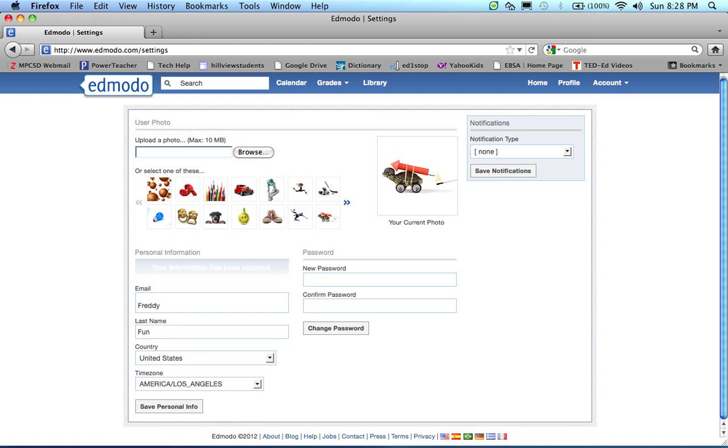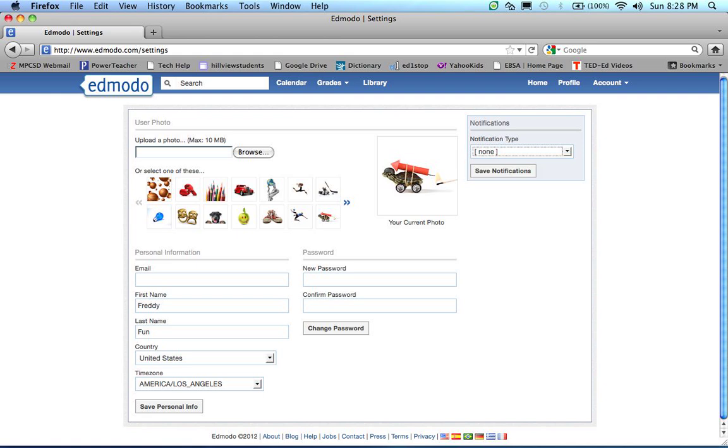And while I'm here, the second thing I would like to point out on this page is the notifications. Now, you can actually have notifications sent to your phone if you have one. I recommend you keep this on none, not to have them sent to your phone, because you have to remember that there are roughly 100 students in Tikal, and there are going to be up to 5, if not more, pages that you belong to,